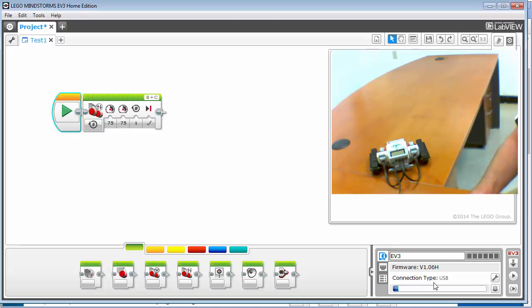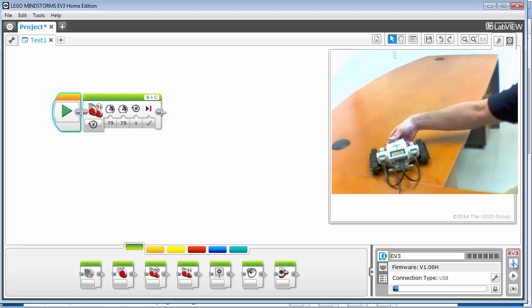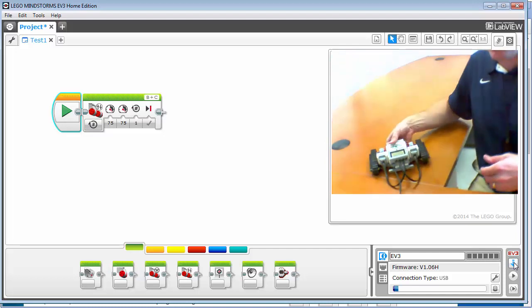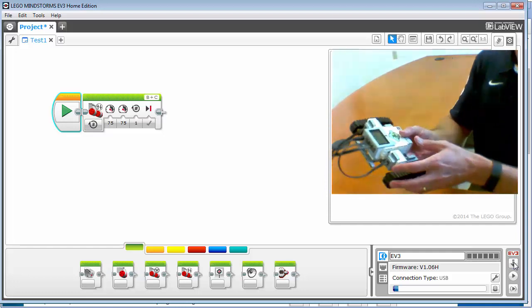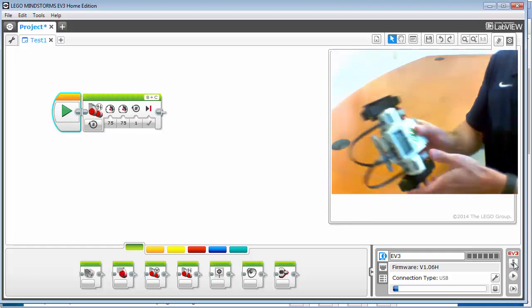When I connected my USB cable, it saw that I'm connected, and so it's got the EV3 connection type USB, and this is the memory indicator, so it'll show you how many programs are on there. If you wanted to just download onto your tank tracker, what you can do is hit download. It immediately makes a noise, so let me get a little closer to it so you can actually hear that. So I hit that. It made a noise,